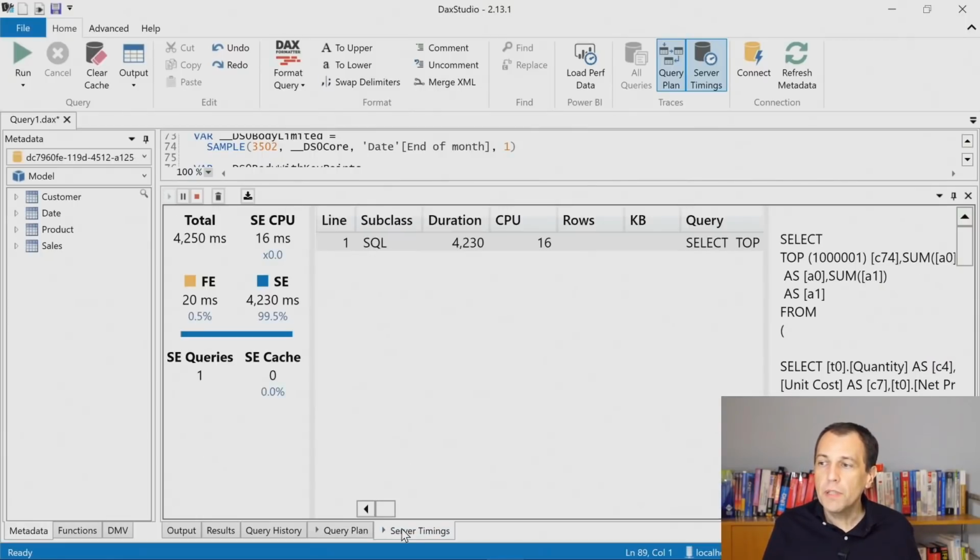It is much simpler to just look at the server timings, look at the result provided by the storage engine in order to understand what is the workload for the formula engine. You can also see that here we have the formula engine and the storage engine represented, and in this case most of the time is spent in the storage engine. When you see that the formula engine consumes more time, it is because the storage engine retrieves the data quickly, but then the formula engine has to do more work. Sometimes it has to aggregate the data because maybe the storage engine was not able to perform the aggregation based on the request you made.